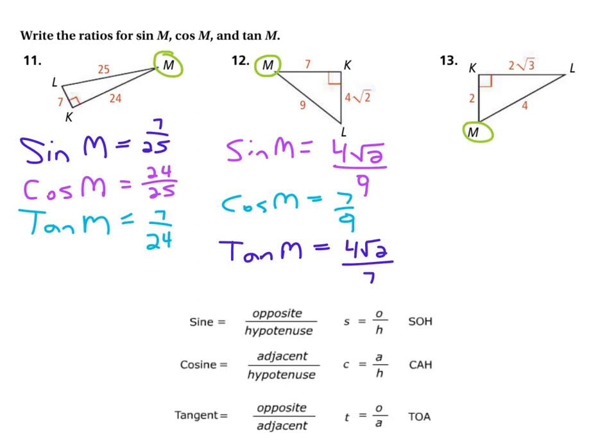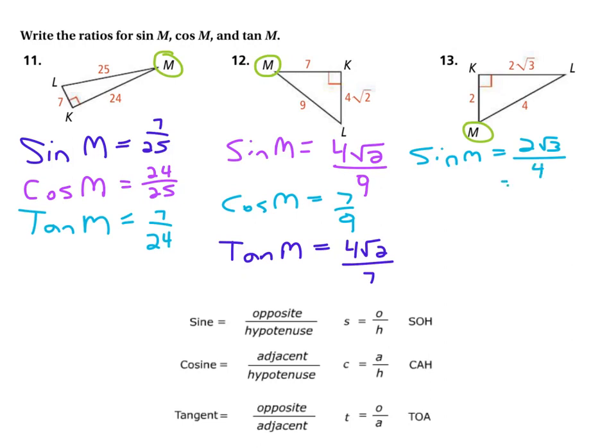Okay? So we then say sine of M. Sine of M is opposite. Opposite of this is 2 root 3 over